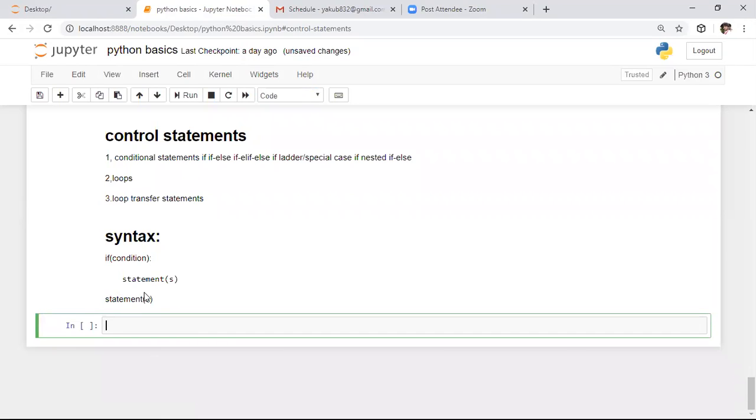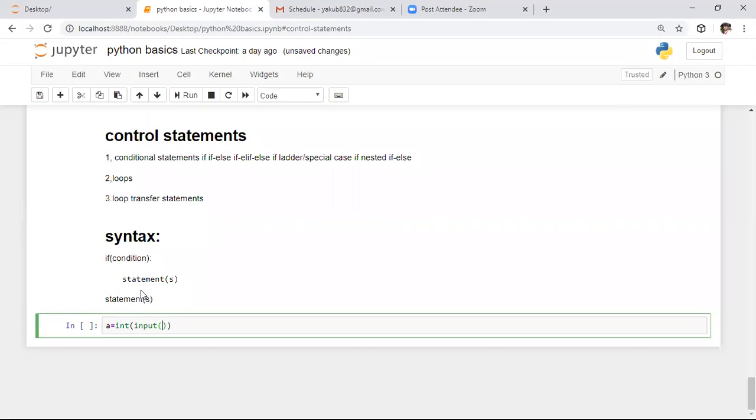After this, I want to write one statement. Simply I want to check whether the given number is even or not. By using a single if condition, we do not check both the conditions. For that purpose, I want to take one user defined value in the form of an integer. For that purpose, I'm applying the int typecasting function.